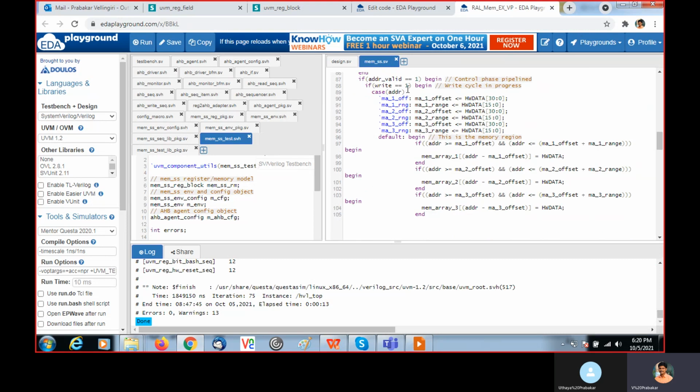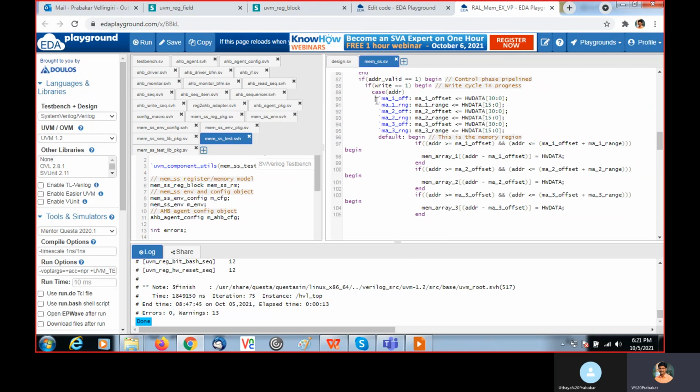When write equals 1, based on the address, it gives the offsets we defined earlier, on top of this file. So based on the corresponding value we are getting at the address, these registers will be programmed. Based on the HWDATA, it will load the corresponding values for the offset and range.